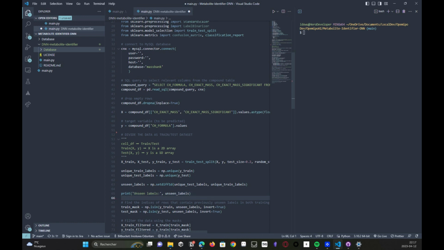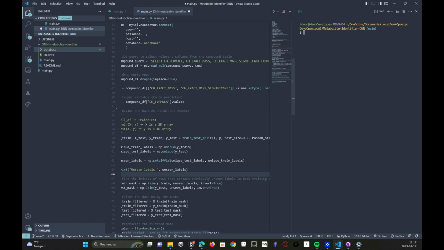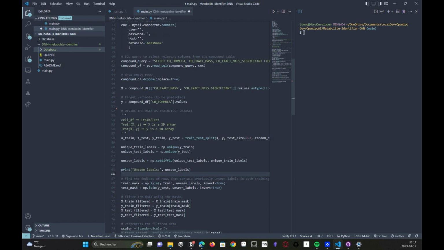So from there, we take away any of the unseen labels, and we use what's called a mask to achieve this. Here we find the indices of rows that contain previously unseen labels in both training and test sets. And from there, we filter the data using the masks. Essentially, the mask is just a matrix